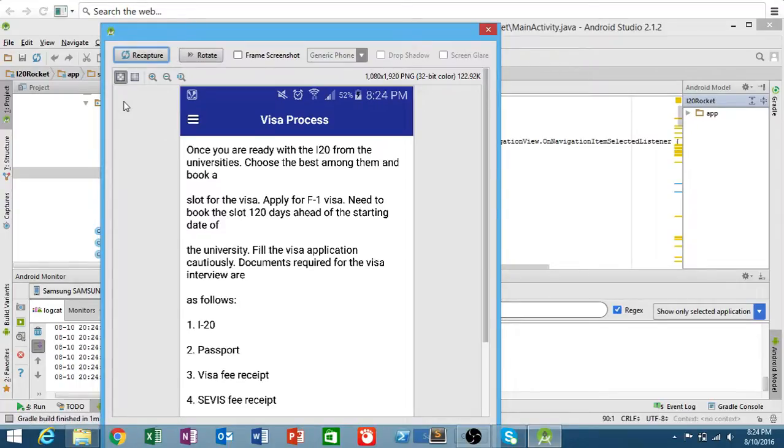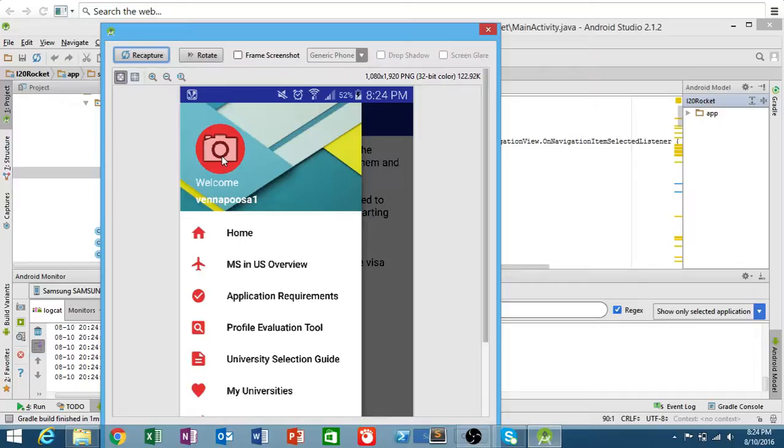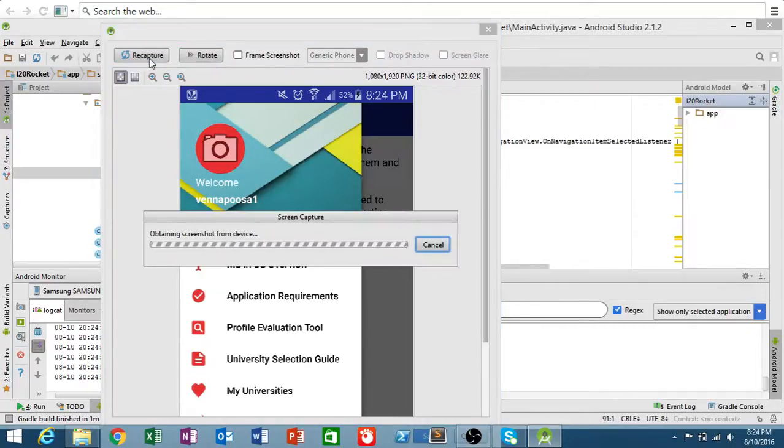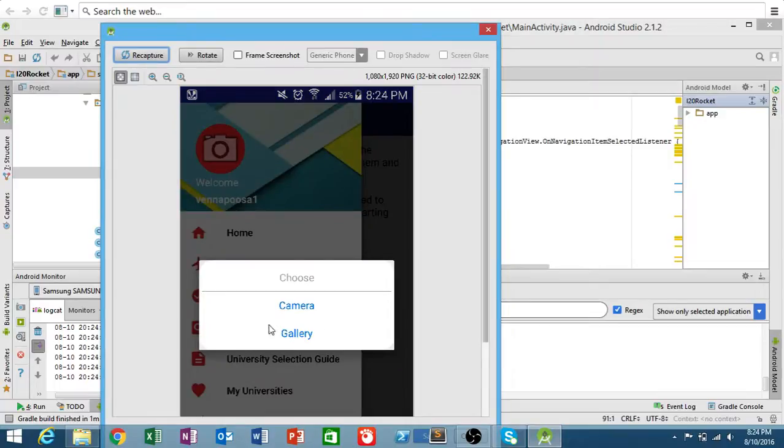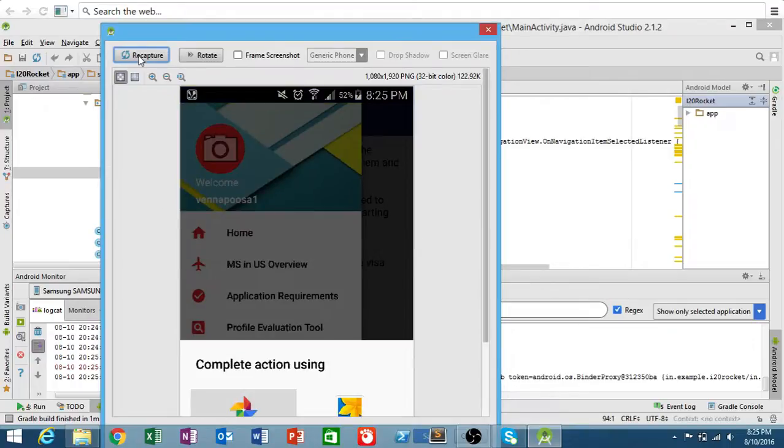And you can upload the profile pic. I'll show it here by clicking on this. You can upload the pic from gallery, or you can use the camera. At this moment I'll just use gallery. I'll just click on gallery. It says you need to choose it, so gallery. I'll click it just once,